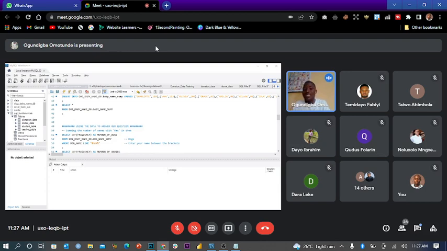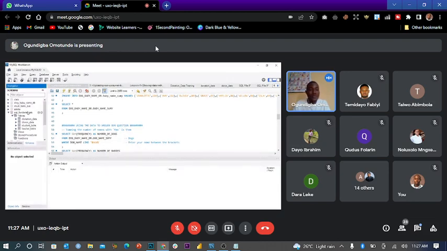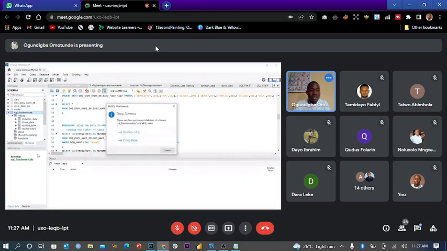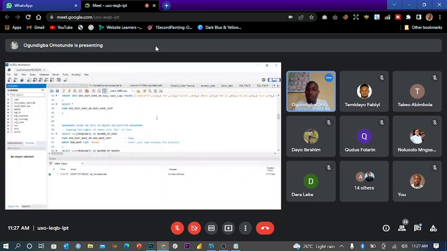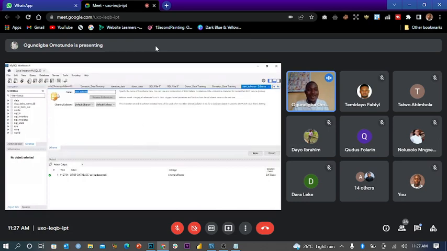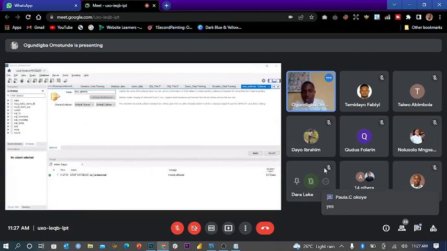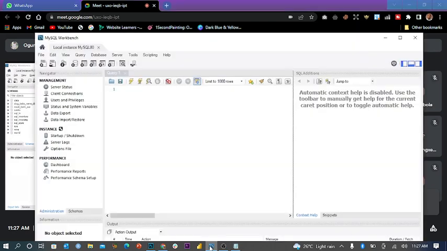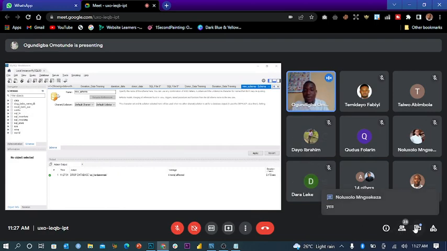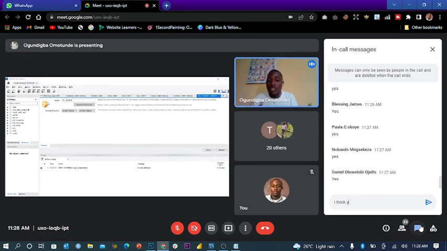So let's assume I want to try and work on something on my SQL now. I have something created here already. Let me try and delete this. Can we all see my SQL? Can we all see it? Okay, yes, you can see my SQL. I would want all of us to follow through, because it will get much more interactive and much more interesting when we do things together.